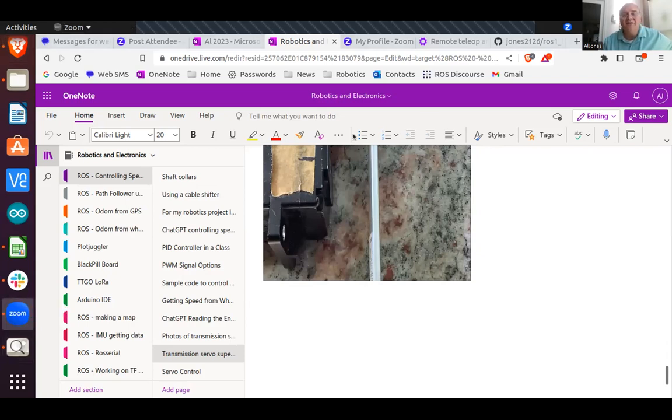I'm trying to get speed under control, and I have to make some adjustment on the transmission control servo in order to do that. Once I get that control rod put back on, I should be able to get back out in the yard and test. The other thing that I need to do that Jeff knows about is publish a topic using them.